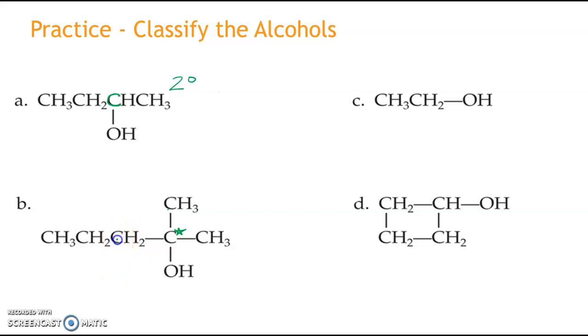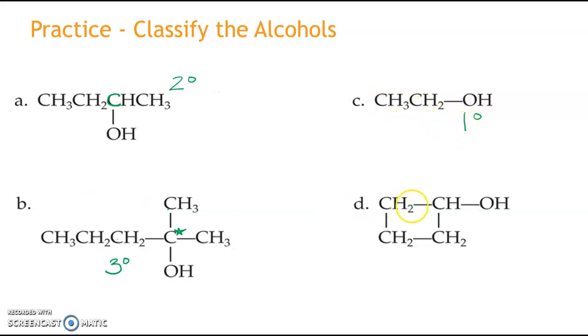So since it is attached to 1, 2, 3 alkyl groups, it is a tertiary carbon. Over here, I actually see ethanol. We just took a look at it on the other slide, so you might even remember it is a primary carbon because the carbonyl carbon is attached to only one other carbon group, so one alkyl group, so one or